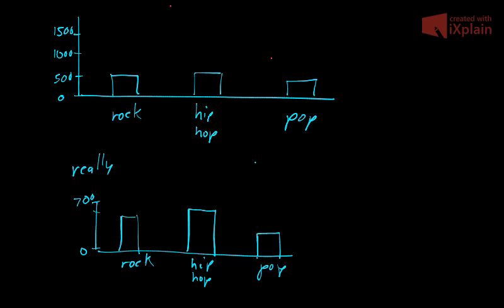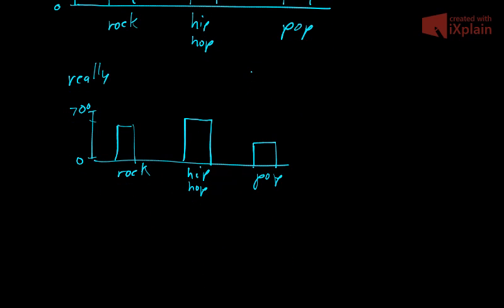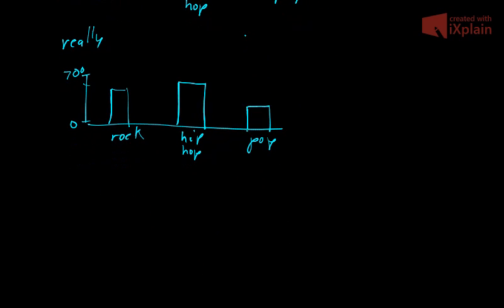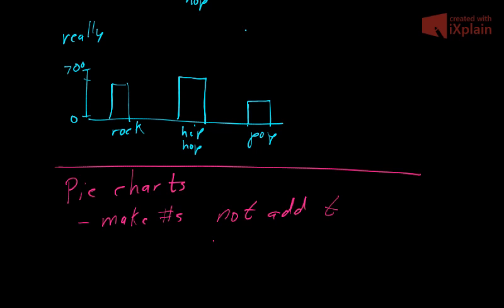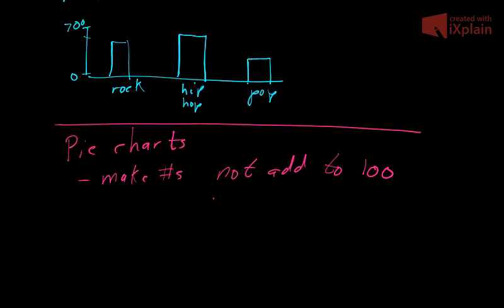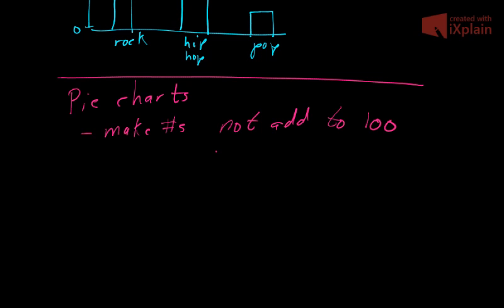The last one that I want to show you is for pie charts, or circle graphs as some people call them, but I've always heard them as pie charts. And pie charts are pretty easy to manipulate. You just make the numbers not add up to 100. So if I was talking about the number of guys and girls in our class, I could make a very misleading pie chart. And let's say I did it like this, where I said guys,